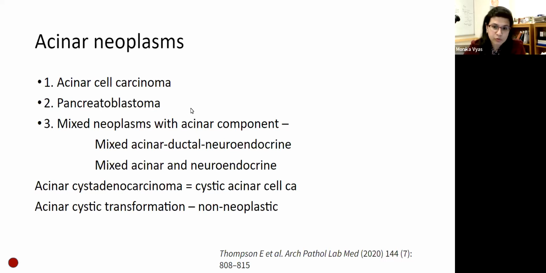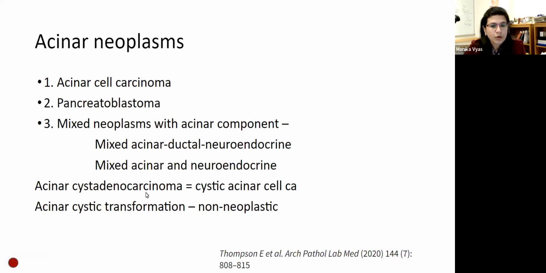And obviously age would be another indicator. In these cases, you can see pancreatoblastomas in adults too, but they are very rare. And then you can have mixed neoplasms, which can have an acinar component. So you can have mixed acinar ductal neuroendocrine neoplasms and mixed acinar neuroendocrine neoplasms. Oftentimes in these cases, it's either the neuroendocrine carcinoma component or acinar cell carcinoma component, which would be metastatic and would dictate the